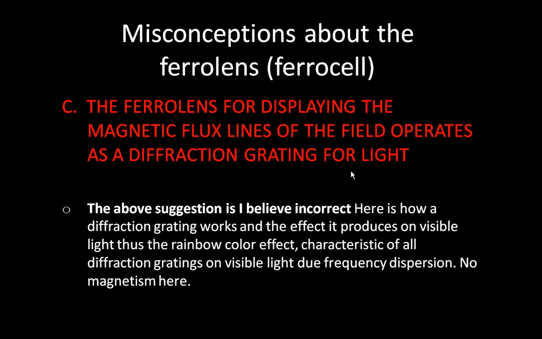Whatever magnet we put in, the magnetic lines will align to the direction of its quantum field, and the light will then scatter and produce the magnetic lines of force we see on the ferrolens. That's the way these field lines are made visible, by scattering, not by diffraction. Remember, diffraction produces only